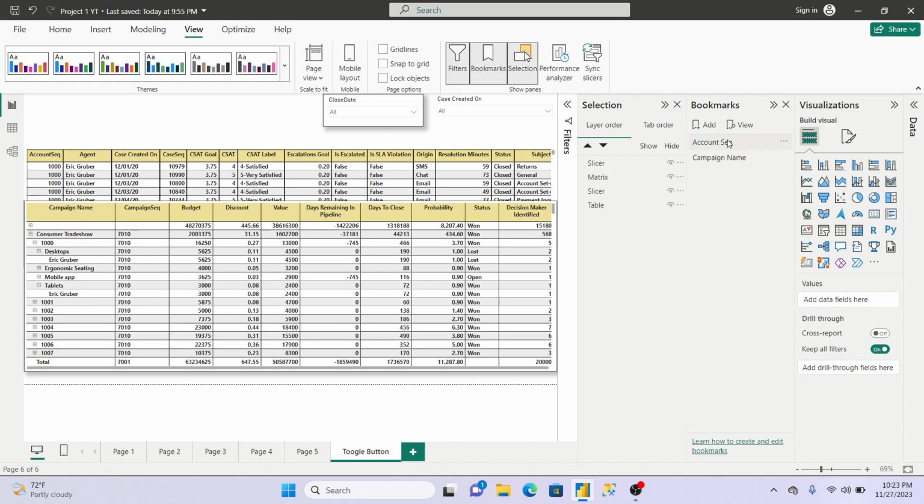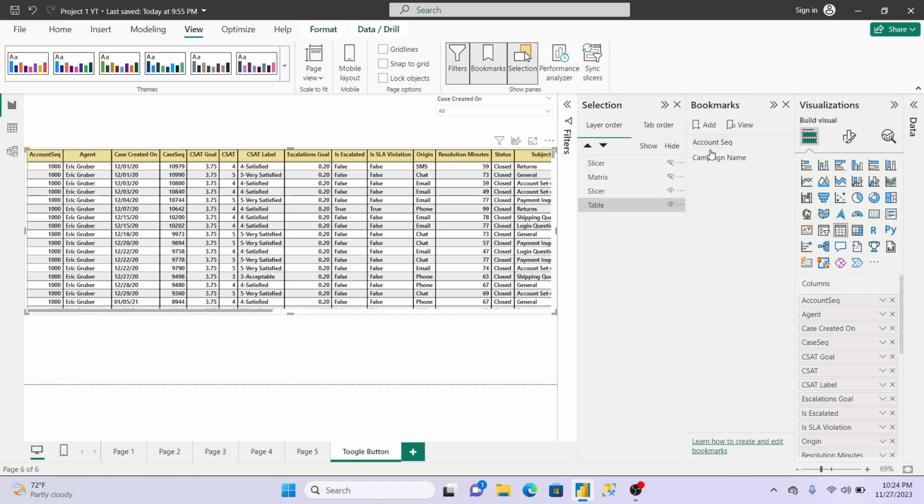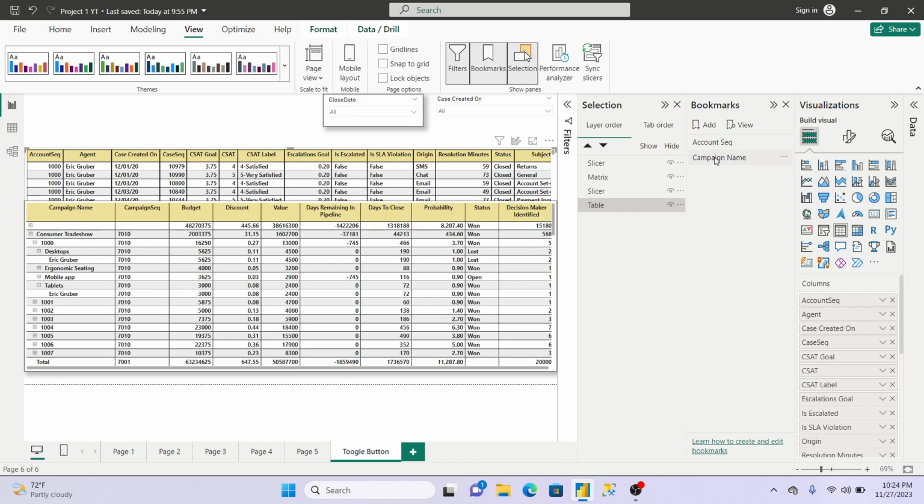So when you click on account section, you only want the slicer and the account section table. First of all, let's hide this matrix visual, and let's hide this slicer as well. Now you can check, it is the same as we have done, correct. So for account section, you have done it now; just go here, uncheck this data and do this update. That's it.